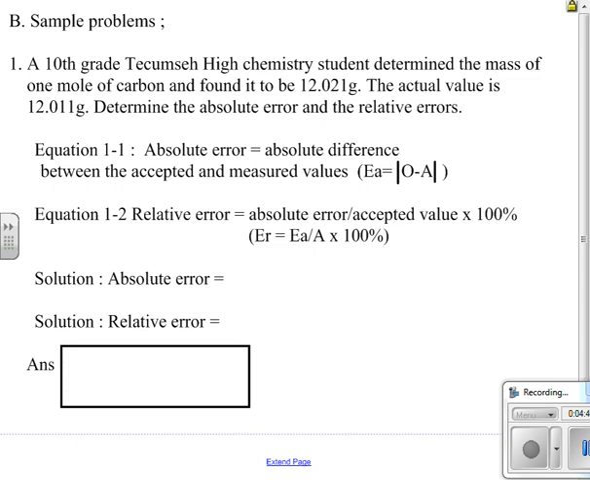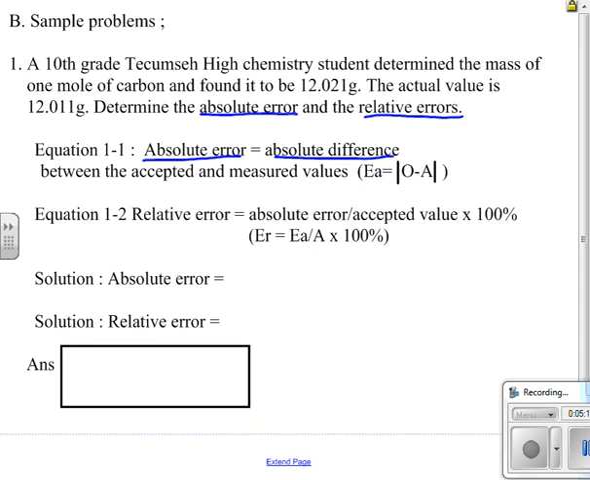So a Tecumseh High School student determined the mass of 1 mole of carbon found to be 12.021 grams, and the actual value is 12.011 grams. We want to determine the absolute error and the relative error of these measurements. The equation for absolute error, it's the absolute difference, meaning always positive, never negative, between the accepted